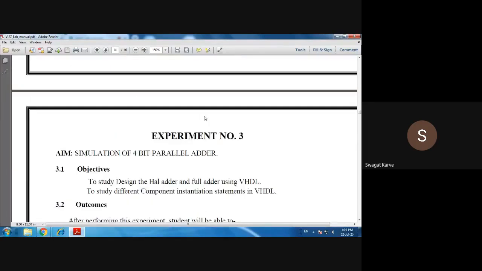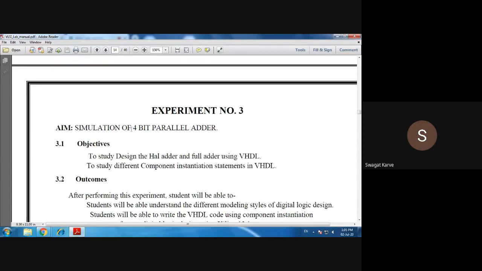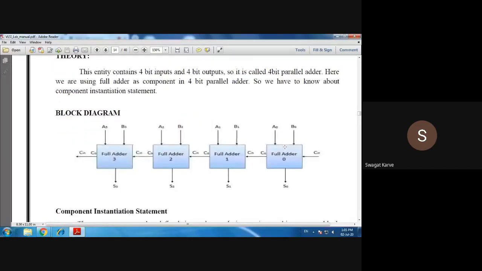Now, next we will discuss the 4-bit parallel adder. Now, immediately you should answer, this 4-bit parallel adder is a sequential circuit or combinational circuit? Whether it is a sequential circuit or combinational circuit.